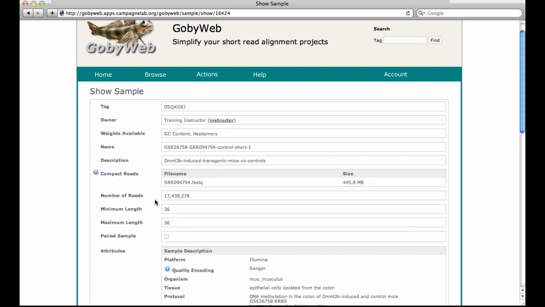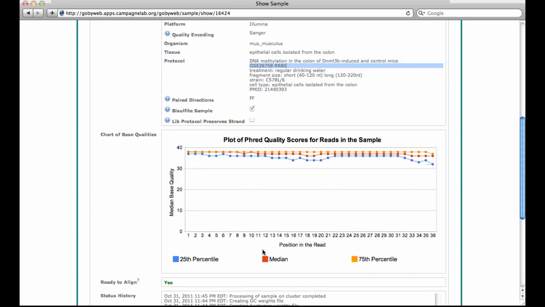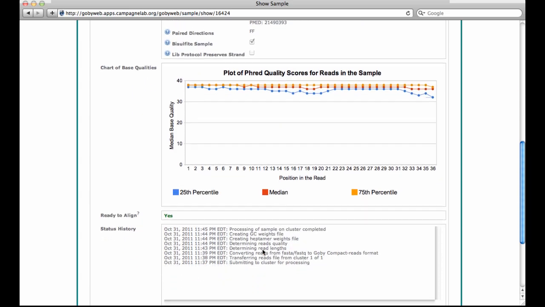For this sample, we see that we have 17 million reads, 36 base pair long reads, and that the sample was sequenced on the Illumina platform, and it's a mouse sample. We also see that the sample was RRBS, reduced representation bisulfite sequencing, so this will be important in our alignment configuration. If we scroll down to the bottom of the page,